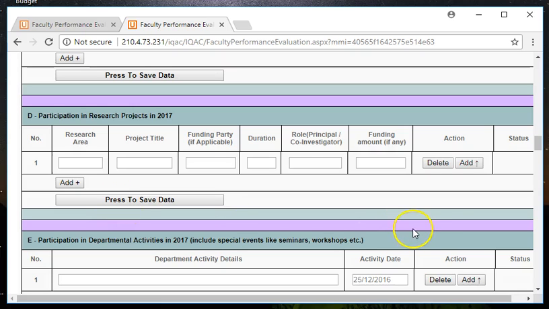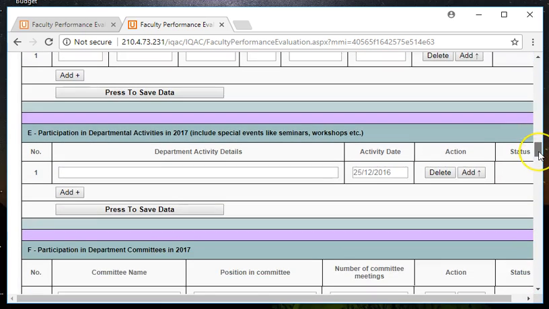Yeah, you press to save data and you proceed to the next one, which is participation in departmental activities in 2017. And this may include your participation in other than your classroom teaching area, any other activities, the activity day, action, and status areas. The next one